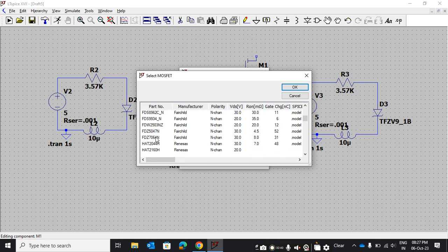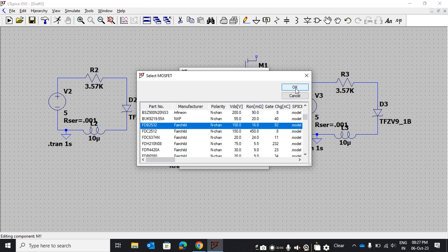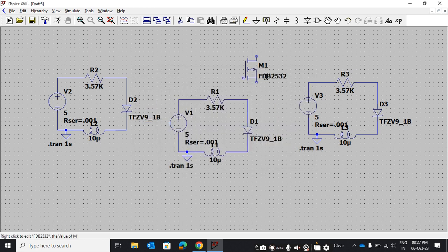So for any particular manufacturer, if you have a manufacturer part number, then you can search here and select it, and it will come into your design like this. The same thing applies to a transistor, the same thing with an op-amp, you can select an op-amp also. Okay, like this you can change the component parameters and other things. So I hope I told you the main things.